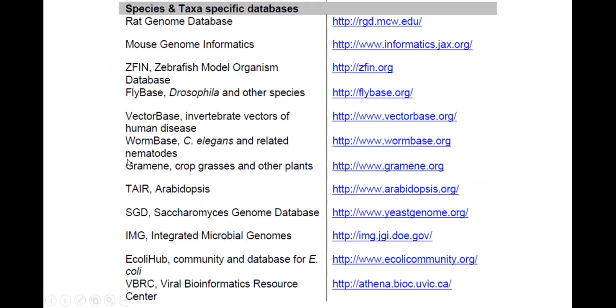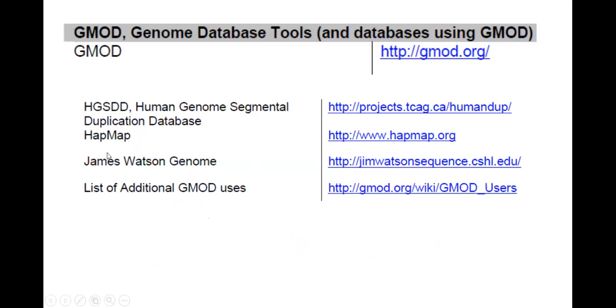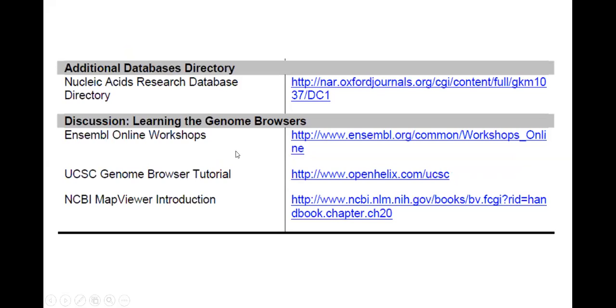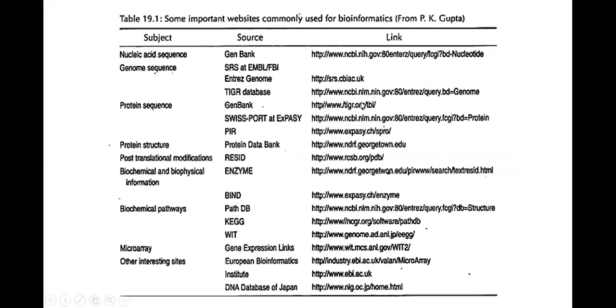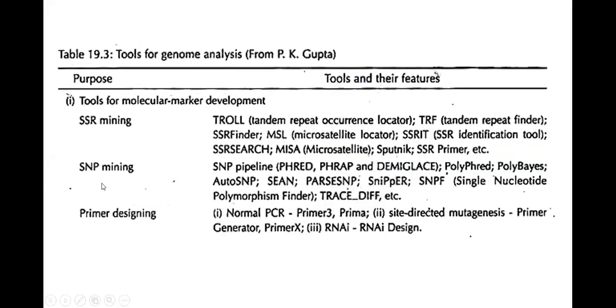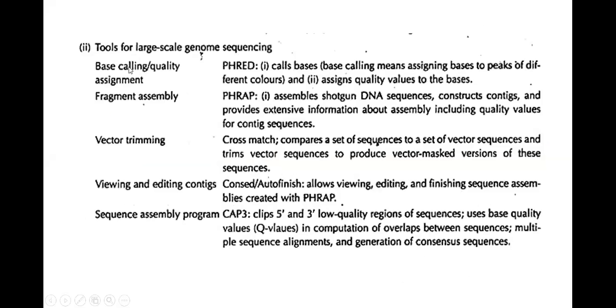You go to the rat genome, you go to the C. elegans genome called WormBase, and you go to FlyBase where you can study Drosophila. In the same way, you go to different organisms and look into their databases. There are also the human HapMap, human haplotype sequencing, and several other segmental databases available here. There is additional information relevant to whatever you are looking at: SNP mapping, primers, and alignment of sequences.